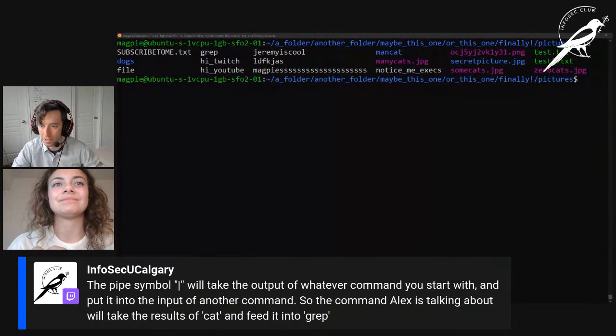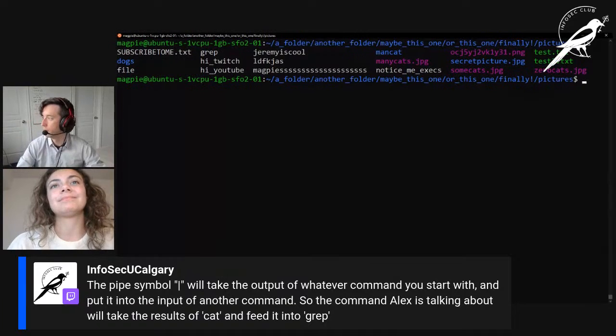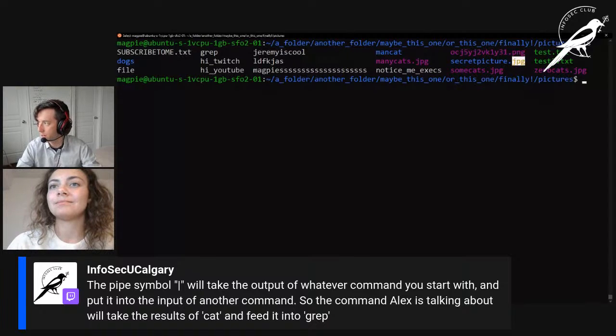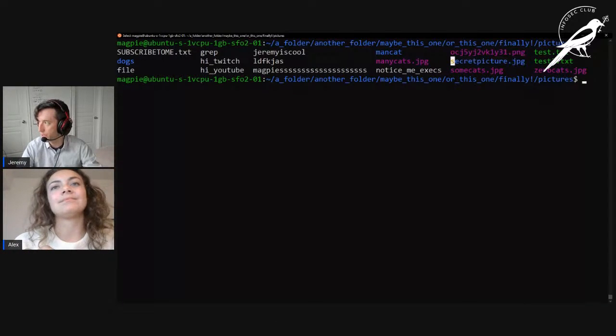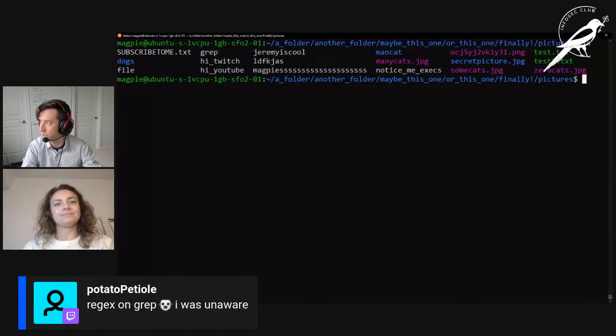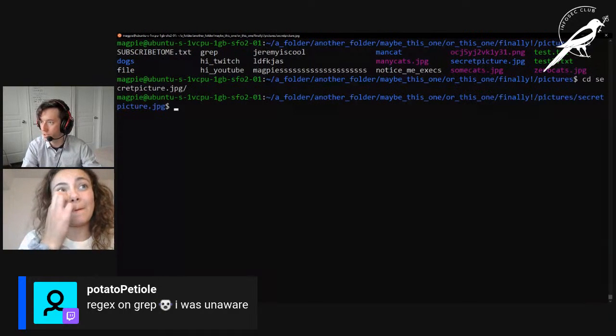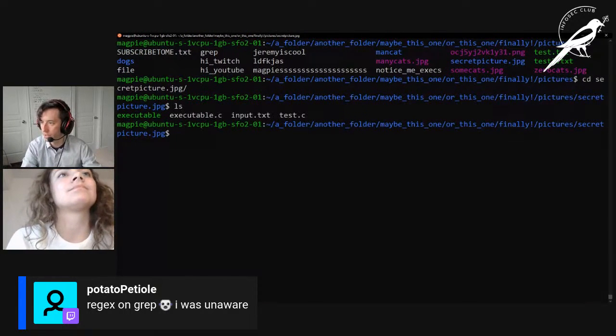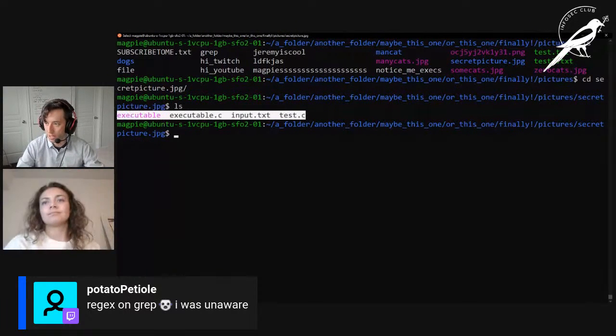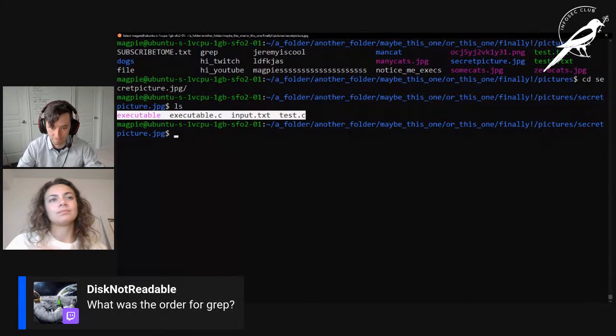So we've done grep now. Now we're going to switch into, we've seen that there's JPEG files that aren't really JPEG files. Secret picture.jpg is a picture that we might want to see, but we know it's in blue, which means that it's not actually a picture. It's actually another folder, and in that folder, when we type ls, we get a bunch of stuff in there.